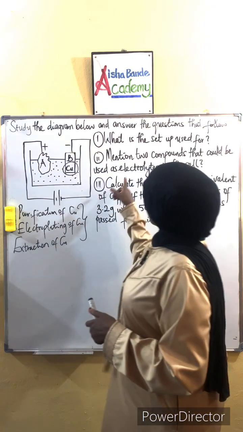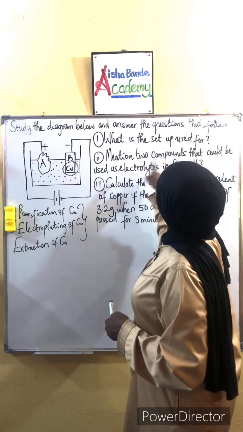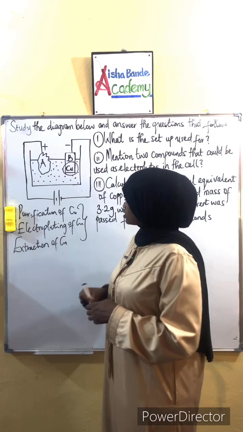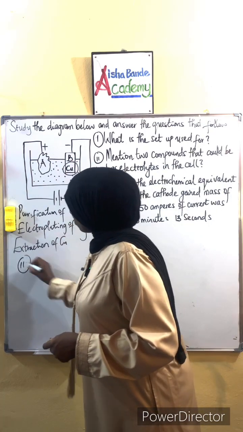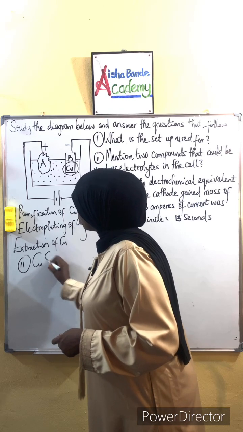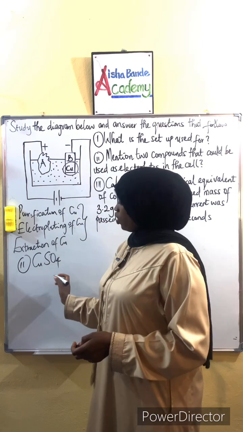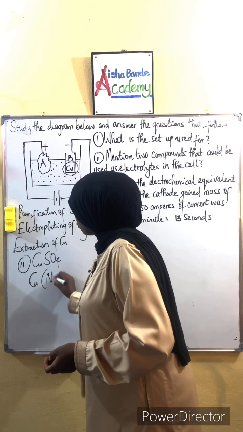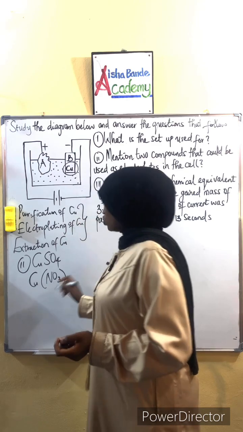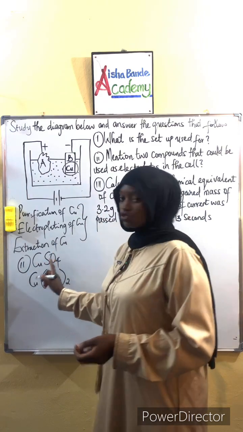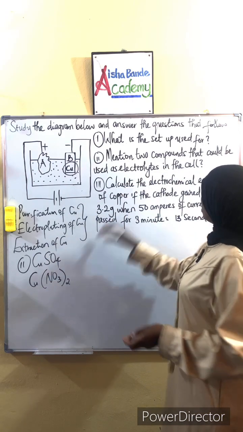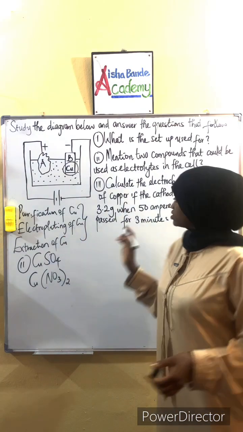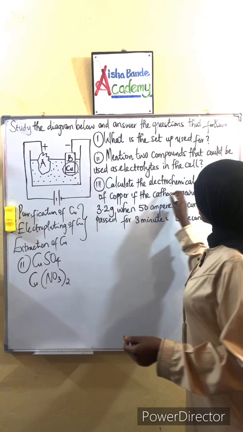So answering this question now, two compounds that can be used as electrolytes in this electrochemical cell can be copper tetraoxosulfate VI, or another compound could also be copper trioxonitrate V. Okay, copper trioxonitrate V or copper tetraoxosulfate VI, any of these compounds can be used as an electrolyte in this cell. Okay, so moving on to the last question, which says that we should calculate the electrochemical